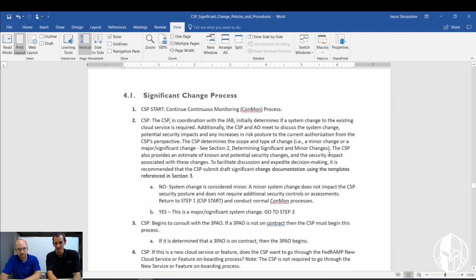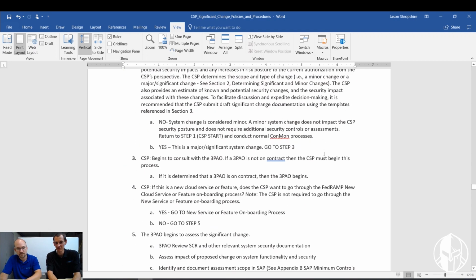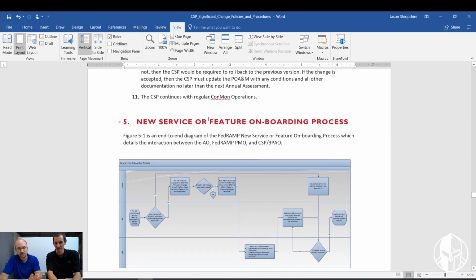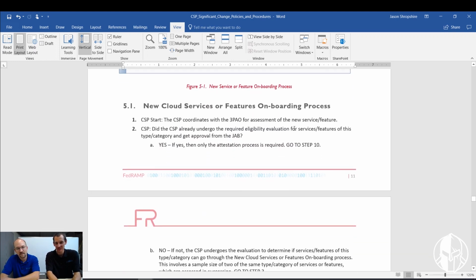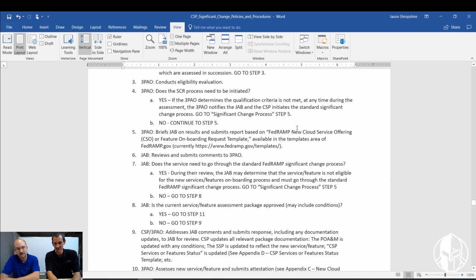Then they go through this narrative about how the process works. So the significant change process is described here, and then there's a separate flow diagram for the new service or feature onboarding process. I almost wish they would have had a diagram at the beginning of this that was a decision point, like, are you going to go this way or that way? Which one are you going to use? Yeah, exactly. With maybe the criteria, but